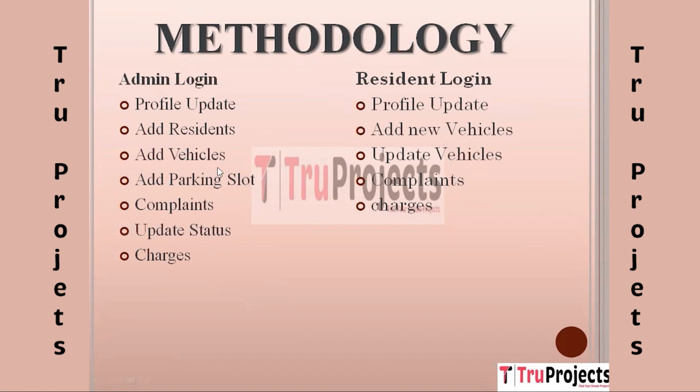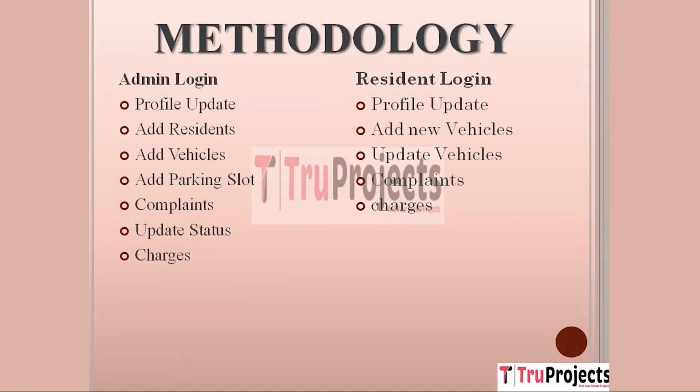Add vehicles. Within this module, administrators can seamlessly associate vehicles with residents. They can input vehicle specifics for each resident, view, modify, or delete vehicle information, and perform searches using various criteria. Add parking slot. Admins will be granted the ability to allocate parking slots to residents in this module. They can choose residents' vehicles, slots, and corresponding charges. The module will allow updates to parking slot details and facilitate searches based on different parameters.